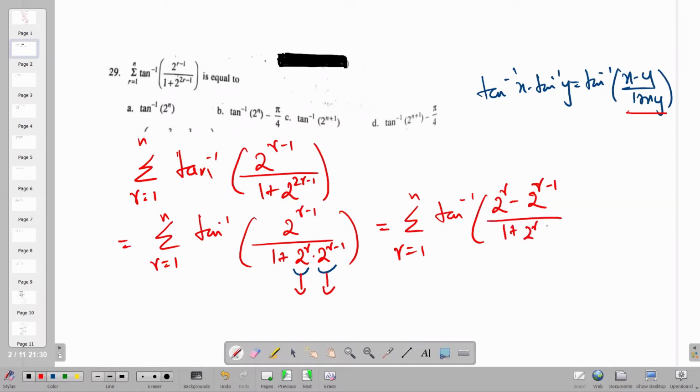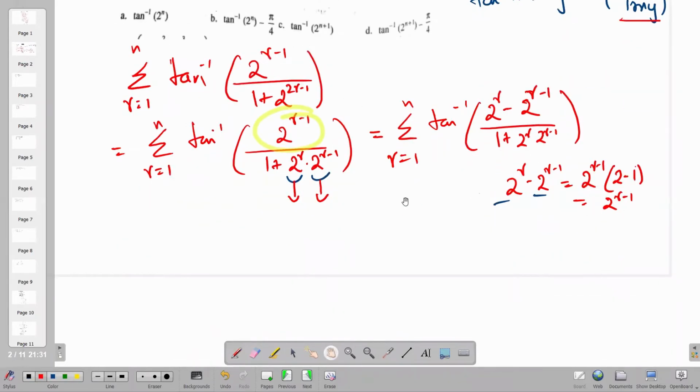We can check here, because if I replace the numerator by this, we can check that this is correct. If I take 2 to the power r minus 1 common from these two terms, what I get is 2 common here and minus 1 here, and this turned out to be 2 to the power r minus 1. That means I have reduced it into the correct form. Now,